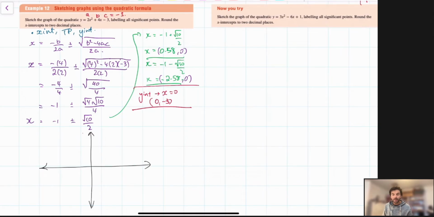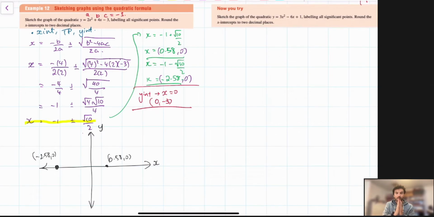Like this, okay? Now, what I'm going to put on this graph is our X-intercepts. So we have one at negative 2.58, and the other one is going to be at 0.58. Now, one really interesting thing about our solution here, I'm just going to highlight it, is x is equal